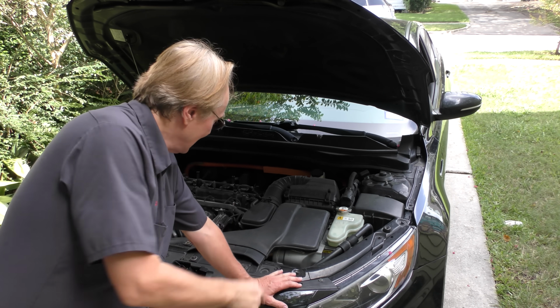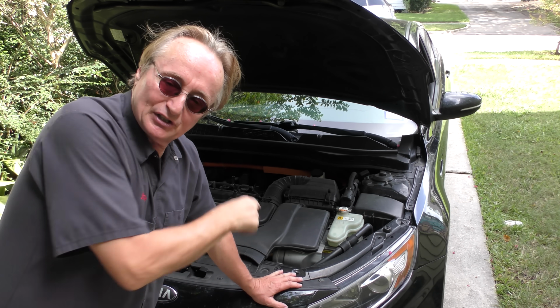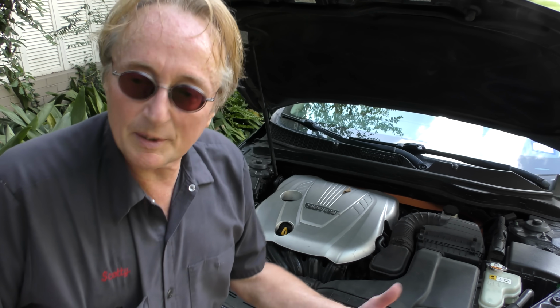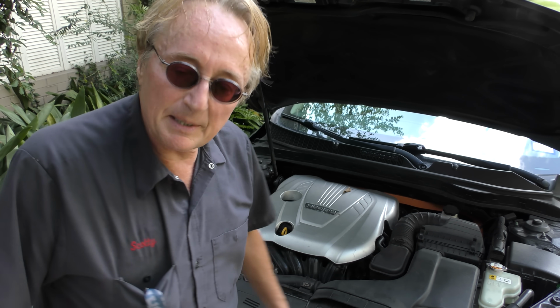I don't know if they even replaced it. I didn't see them do the work. I just know this isn't a new engine, it's an old engine. So at best, it's from a junkyard. That isn't what belongs on it. Who knows what engine they put in. At least I got it running. And as you can see now when I start it up,